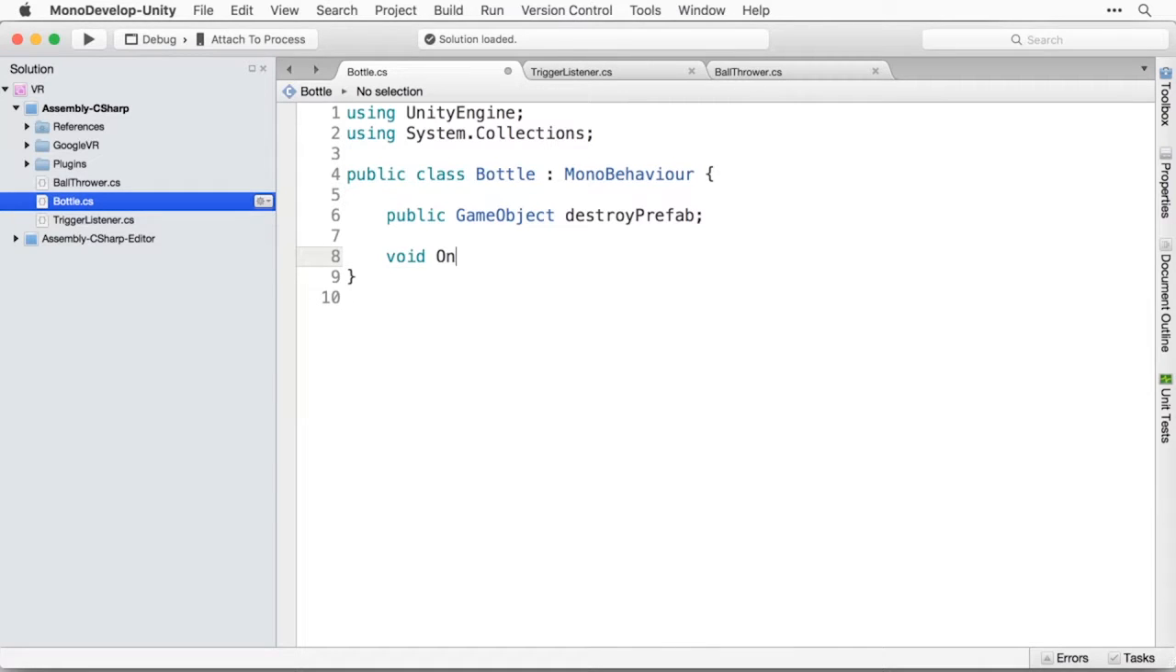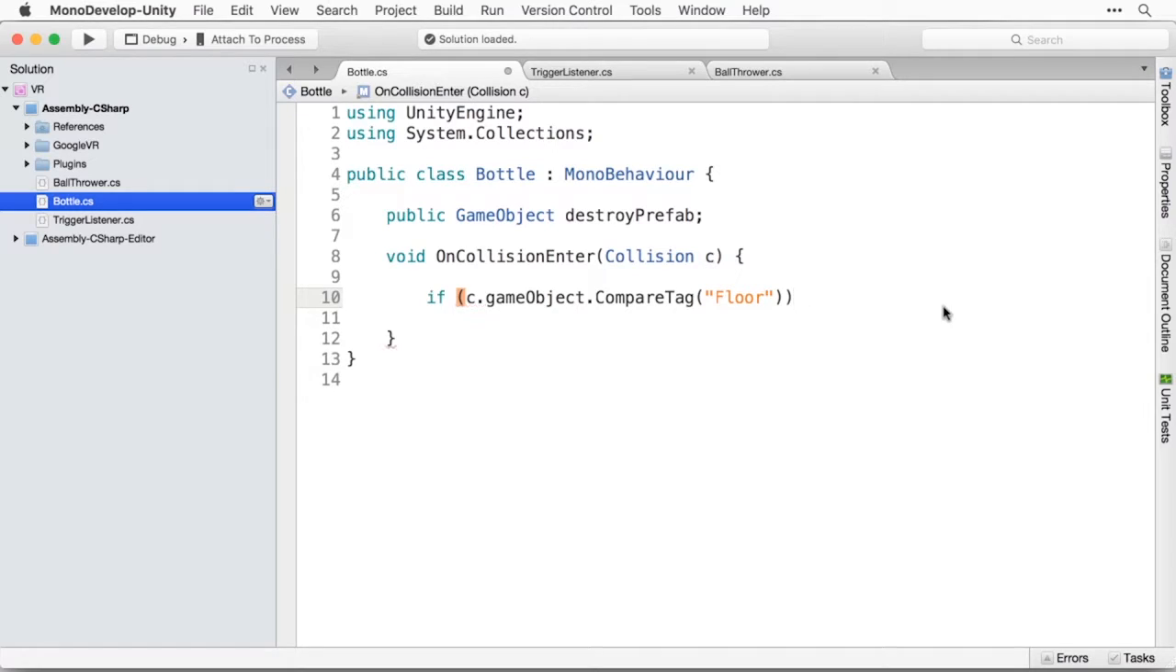We'll get rid of the Start and Update functions, we don't need them, and we'll replace them with a function called OnCollisionEnter, which receives a collision object called c. Well, we can call it whatever we like. I'm going to call it c. And we'll check to see if the game object that we collided with has the tag floor. And if it does, then the bottle hit the floor, so remove the bottle and replace it with a glass explosion. So if c.gameObject.CompareTag floor, this is a tag we'll have to add in a moment,